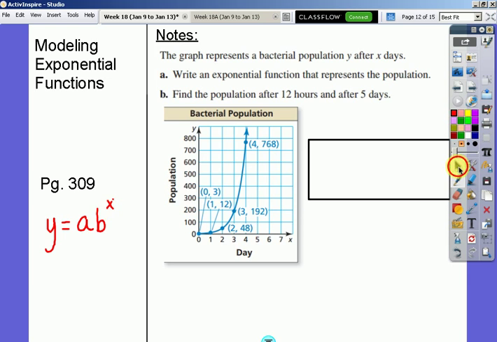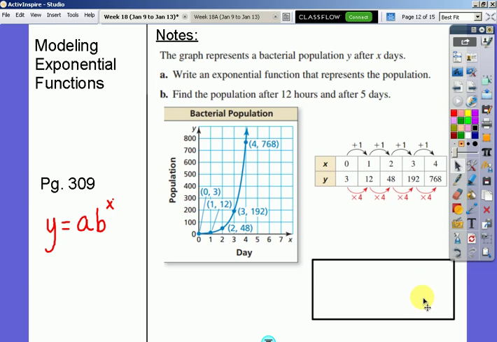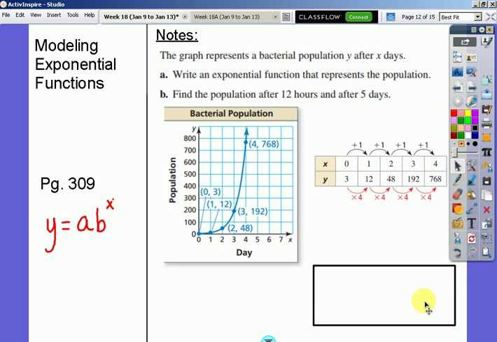And the easiest way to do that is to make a table of values. That's what they did here. They gave you all those points, so you want to list them out. When you list them out, you want to find that constant ratio. And the constant ratio is what? 4, right. And we're going up by what each time? 1. So knowing what you know about constant ratios, about the y-intercept,